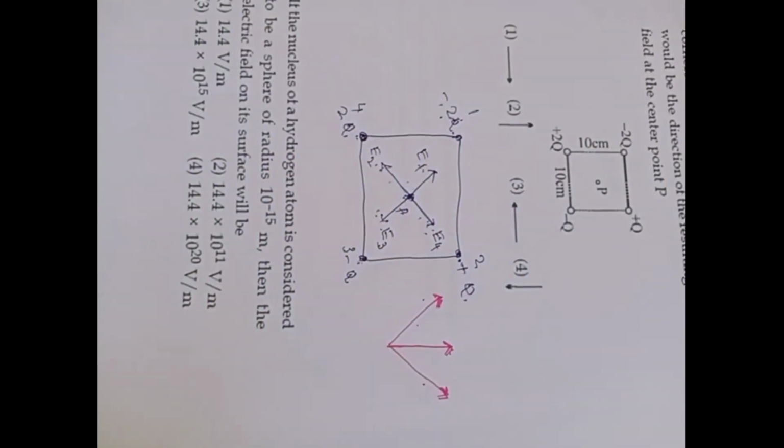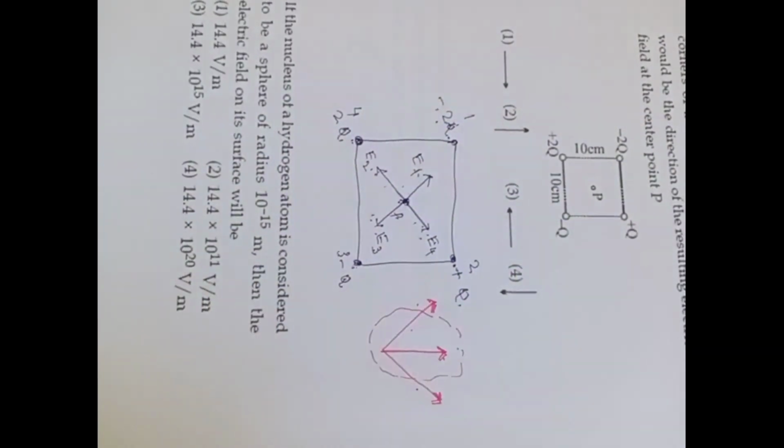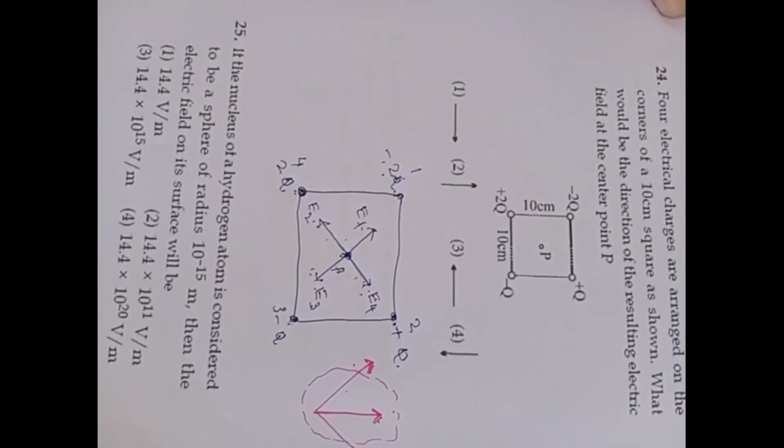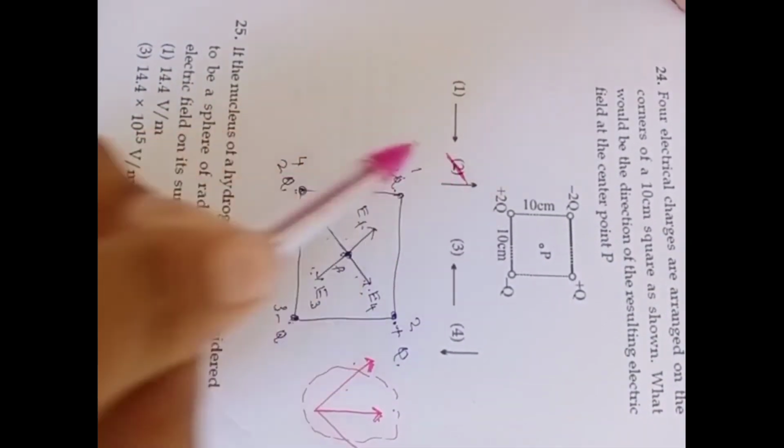So what is the resultant field direction? This is the answer. So among the given 4 options, which is correct? Then this one. Next,